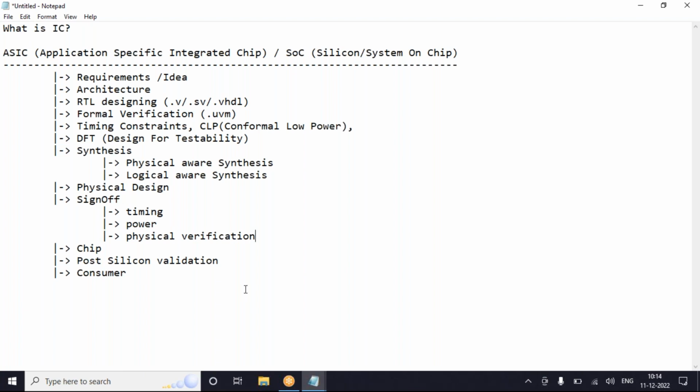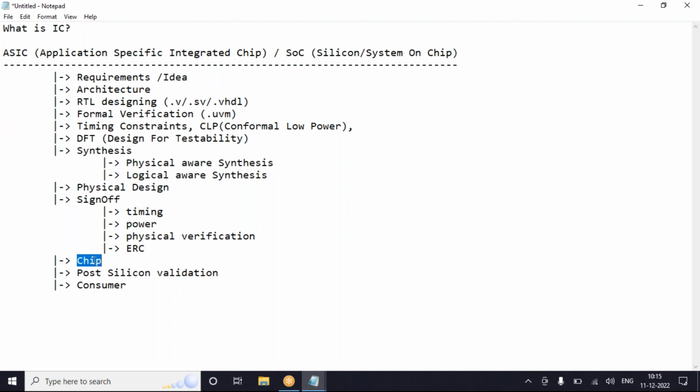Okay, physical verification. So where your real chip, the densities we will be telling, right? The density related check and also current, ERC. To manufacture that particular chip, whether that particular chip is properly designed or not, we will be verifying it with respect to timing, power, electrical rule checks, physical verification. All that we will try to perform on this particular sign off, and we will manufacture it.